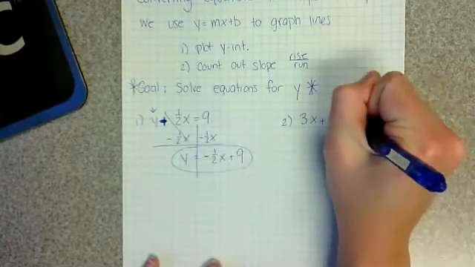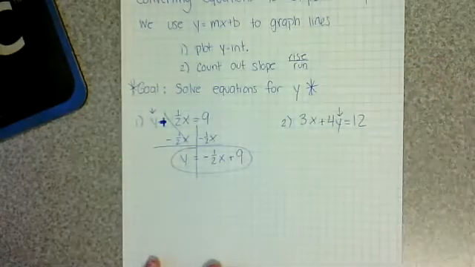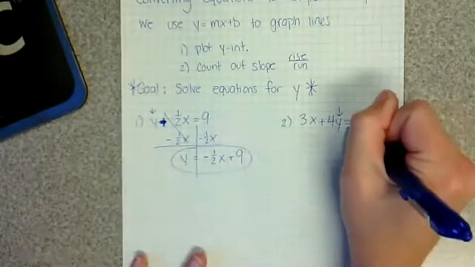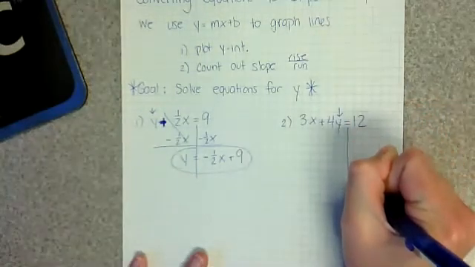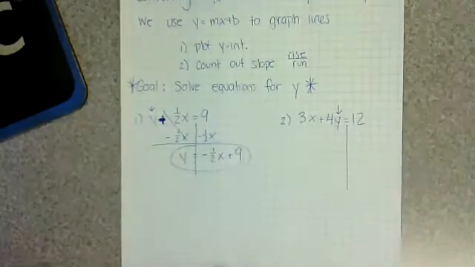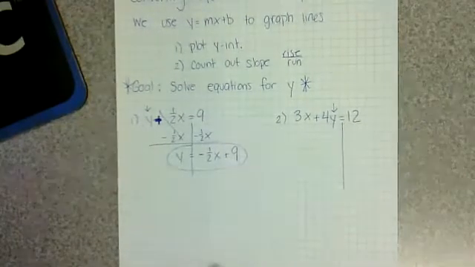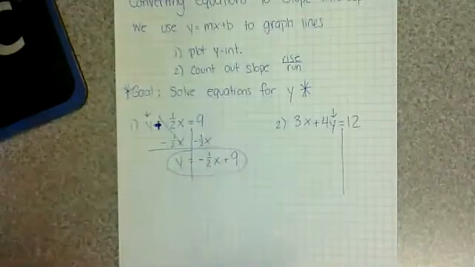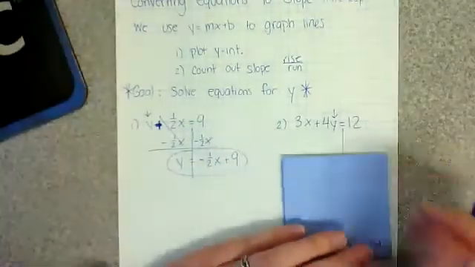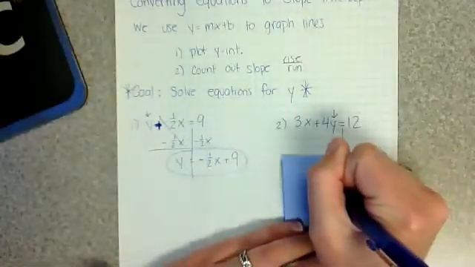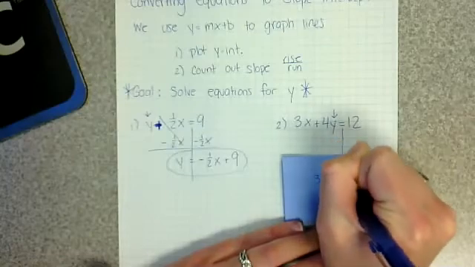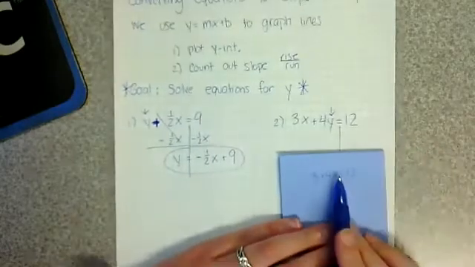So I need to move everything over that is not y. To solve, stay organized. I always drew my line through my equal sign, so I'm going to do it again. And remember how if we were doing equations that looked like this,